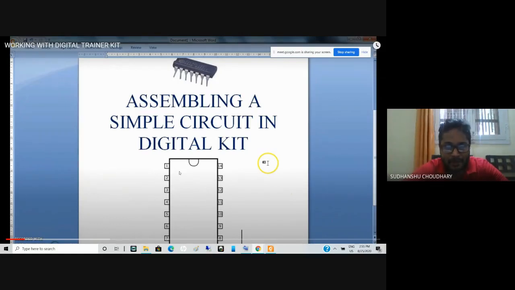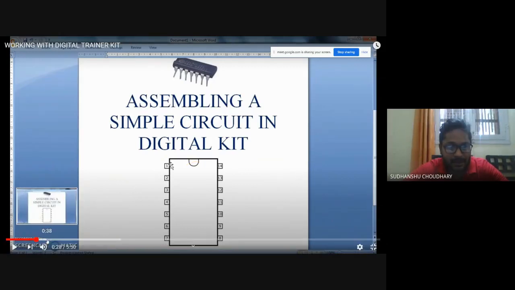That we will understand when we look at the specification of the IC. We'll come to know how the gates are present, where they are present, which pin number corresponds to the input, or which pin number corresponds to the output of which gate. So that we'll come to know very soon.